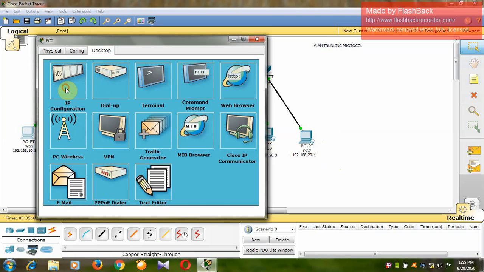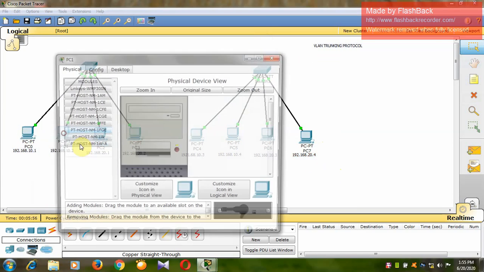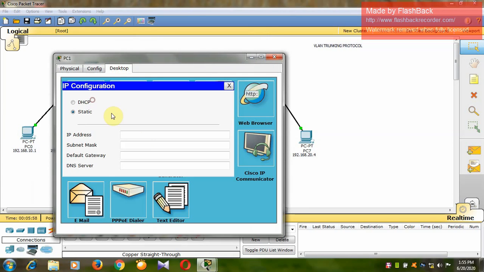For this I have taken 192.168.10.1, and here 192.168.10.2.